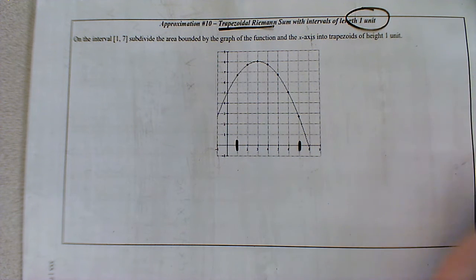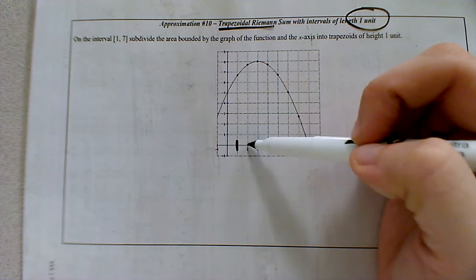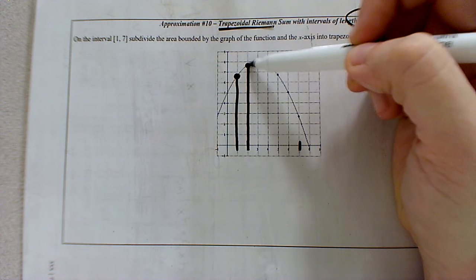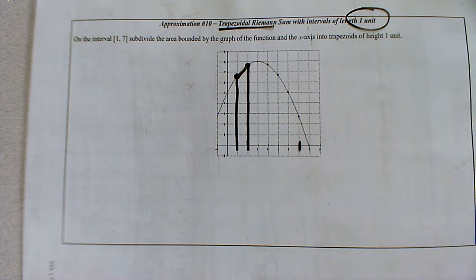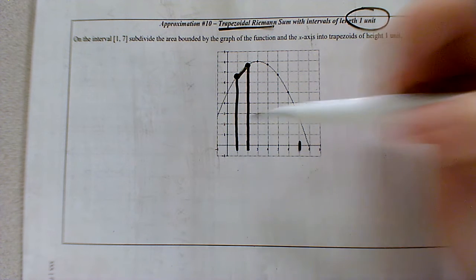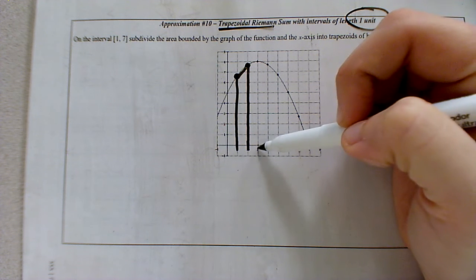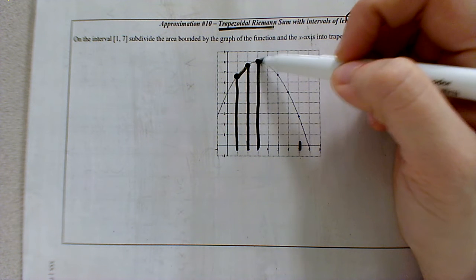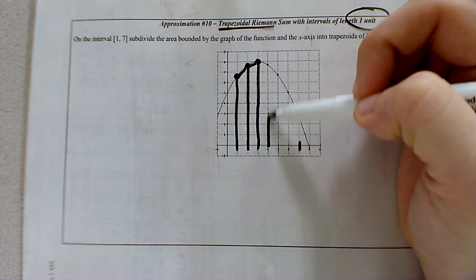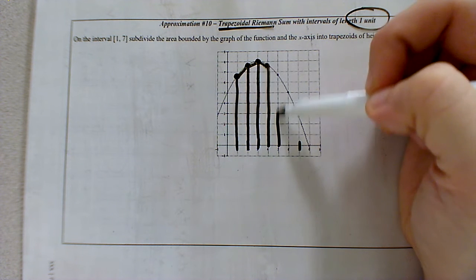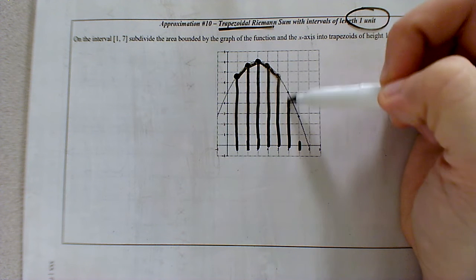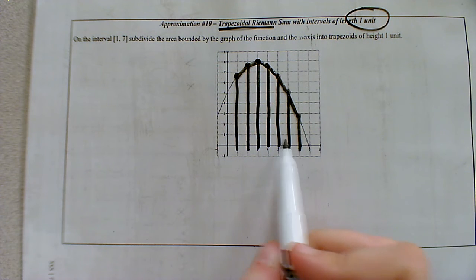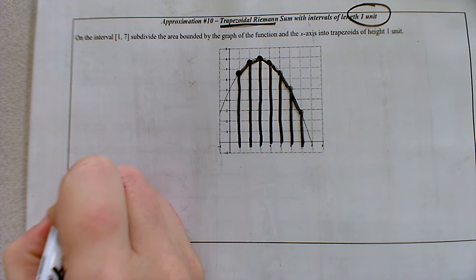So I want my intervals to be 1 unit length. So we'll go from 1 to 2, trace up from 1, trace up from 2, connect the dots, and there's our first trapezoid. So we're just going to repeat the pattern. Next one, we go from 2 to 3. You already traced up the side from 2, so let's trace up the side from 3. And then we'll trace up the side from 4, 5, 6, and 7. All right, so we have 1, 2, 3, 4, 5, 6 trapezoids to find the individual